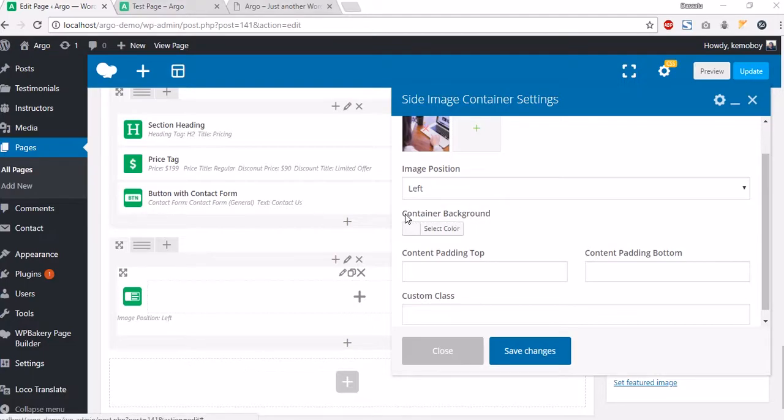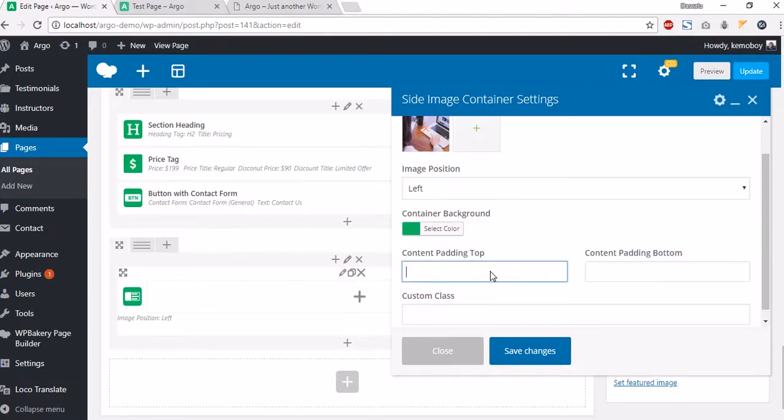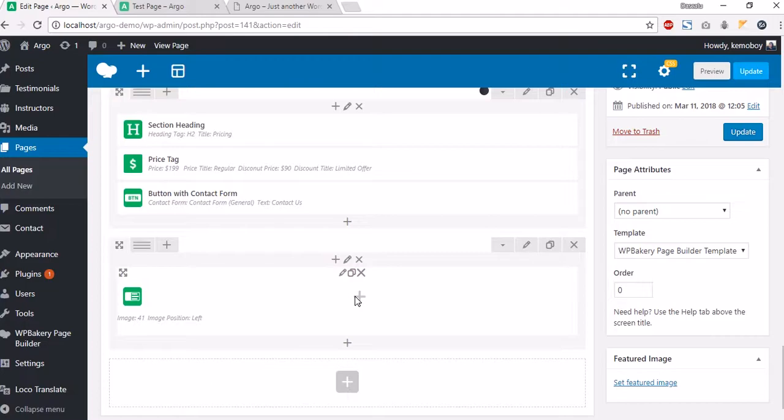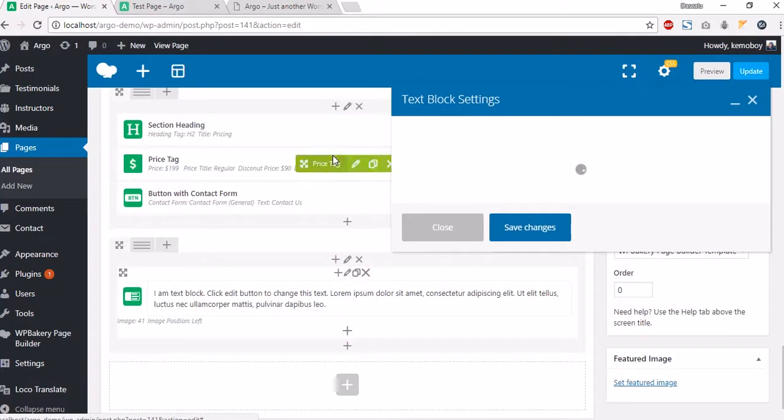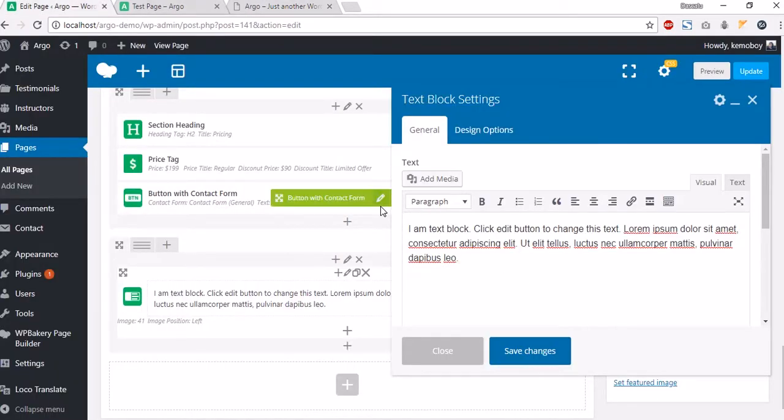This background is not getting its color from the main color, from the base color from the theme, so you have to add it. The content padding top, and the content padding bottom. So let's add this container background. The content padding top will be 65 pixels, and the bottom 65 pixels as well, and save changes. And here let's add a text block and just copy this text from here and add it over here,